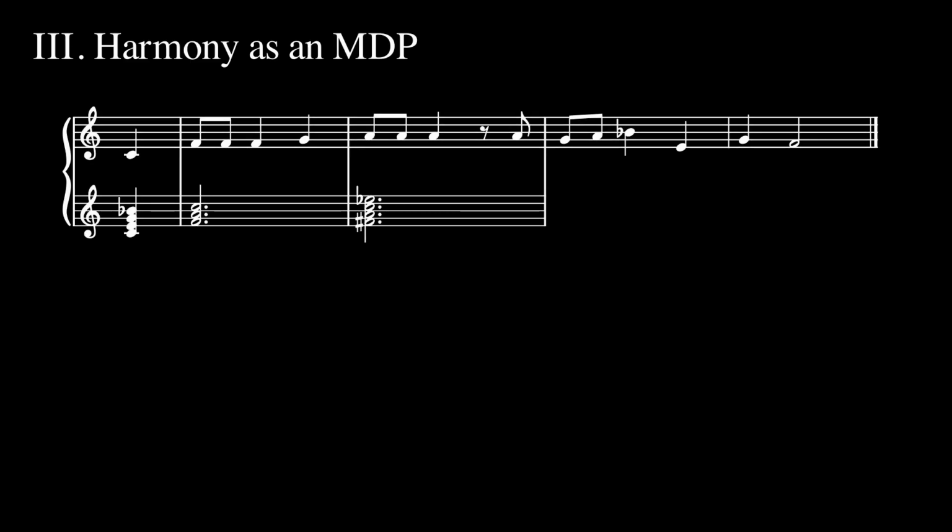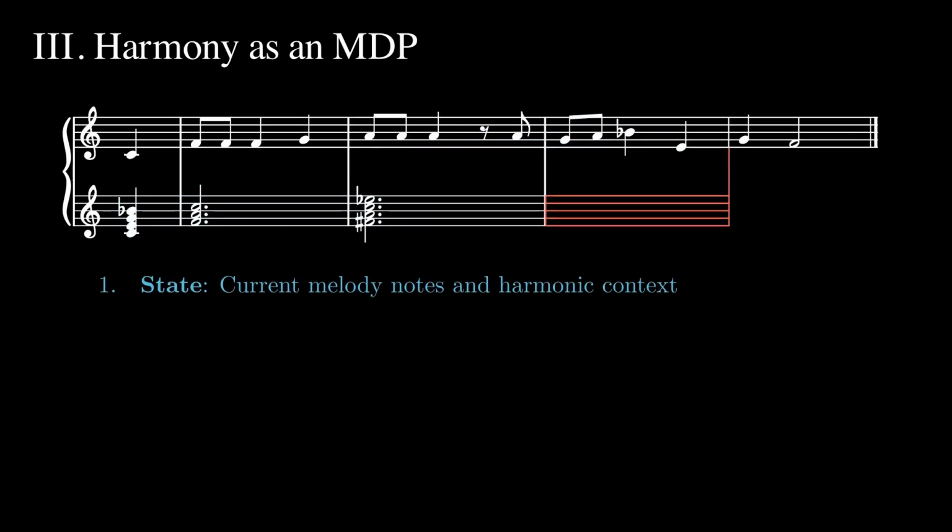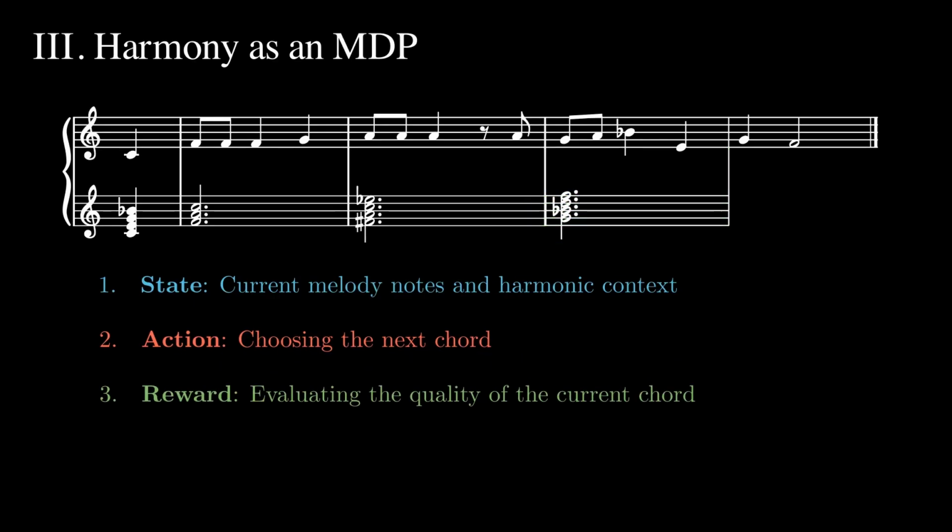Naturally, we can formulate harmony generation as a Markov decision process. Let's return to our earlier example of O Tannenbaum. Say that we've already predicted the first 3 chords, and we want to predict the 4th one. First, the state space is the current melody note as well as the previous few chords as context. Second, the actions are simply picking a chord from the current measure, with the action space being the set of all possible chords. We can then assign a reward corresponding to how well the selected chord fits the measure. A transition occurs when we then move on to the next measure, which is deterministic.